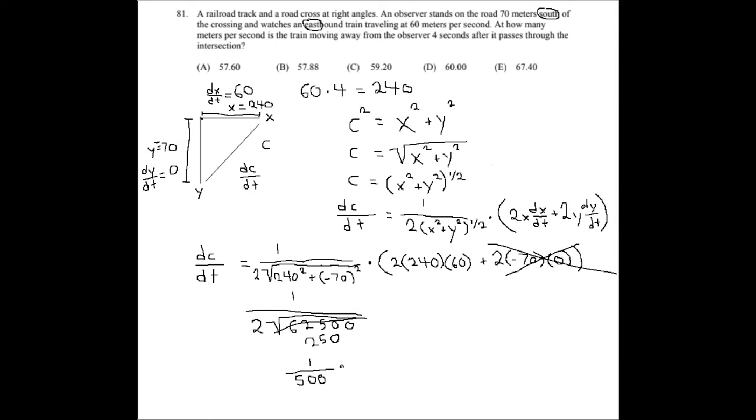That's going to be multiplied by 2 times 240 times 60, so 28,800, which is going to get us a final answer of 57.6 meters per second. And that is, if we look right here,